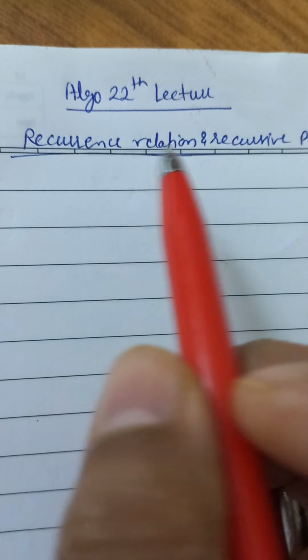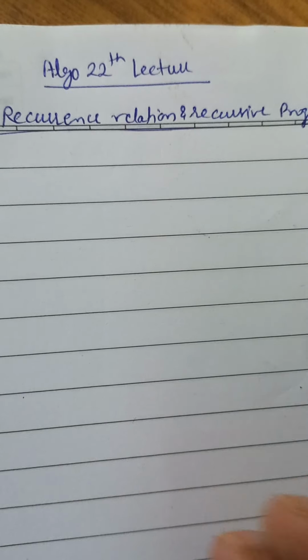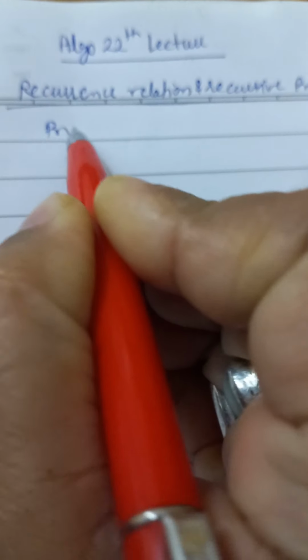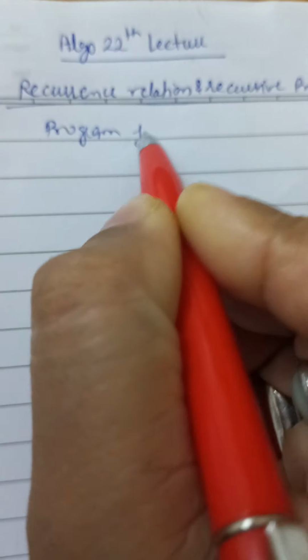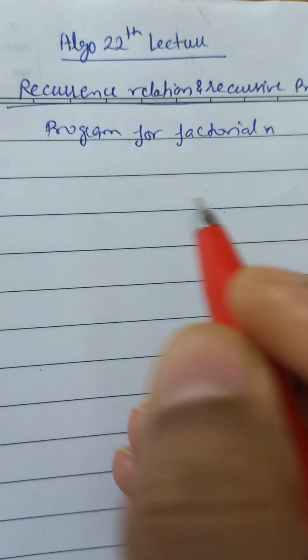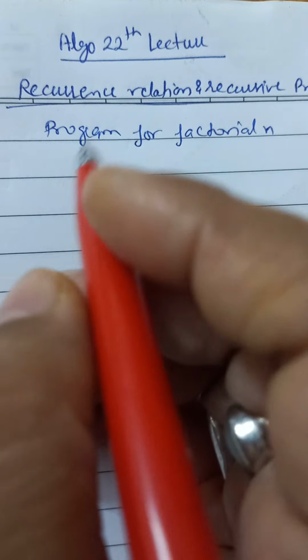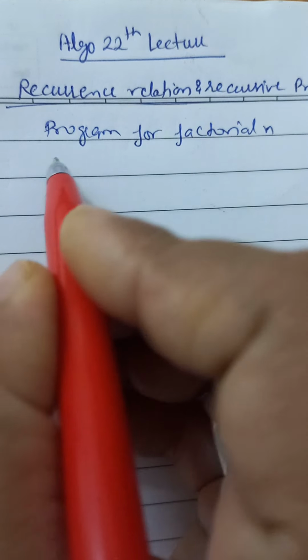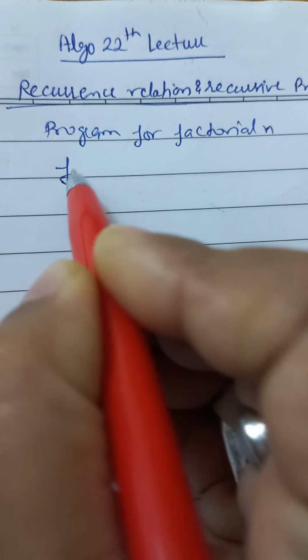Write a recurrence relation and recursive program for factorial n. So, program for factorial n. How can we write it? We can write a program like this: function